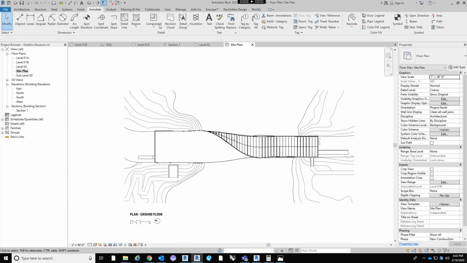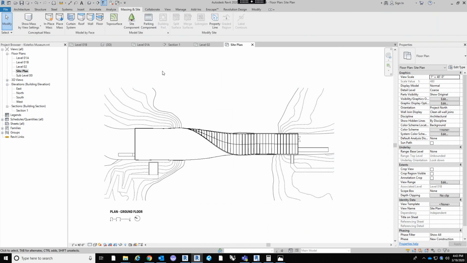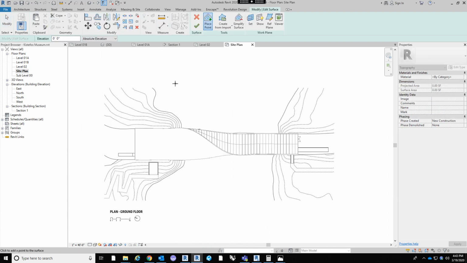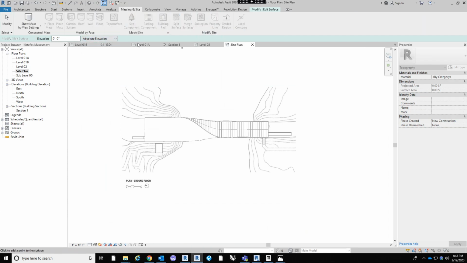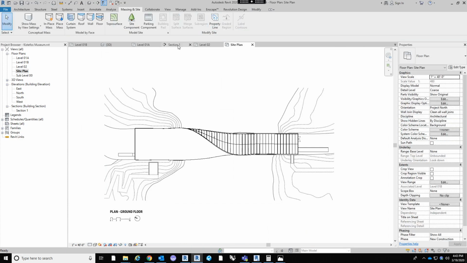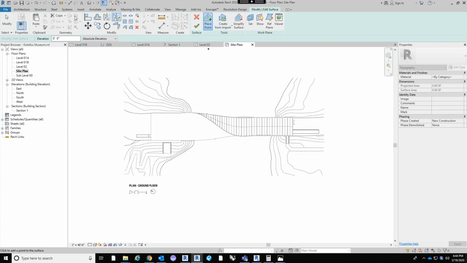Topography. Yes. So we have some, why can't I think of the term? Anyway, we have some grade change. So what we can do, if you go to massing and site, sorry I didn't walk through that very well, getting tired. If we go to topography, under massing and site, click that guy, and then what we can do really quickly, just to go through it,